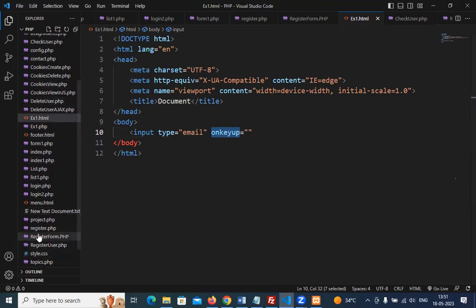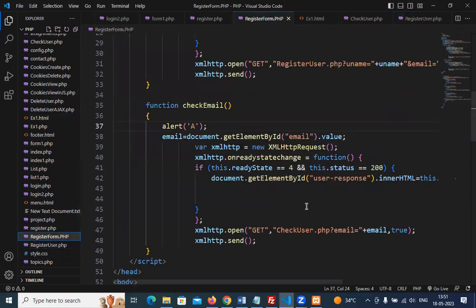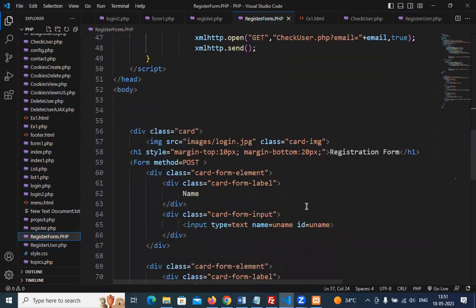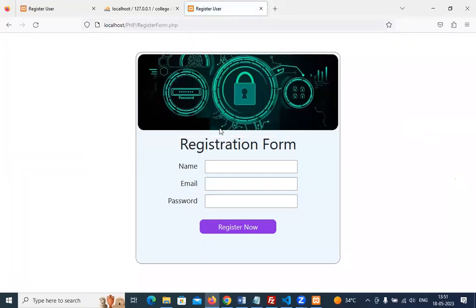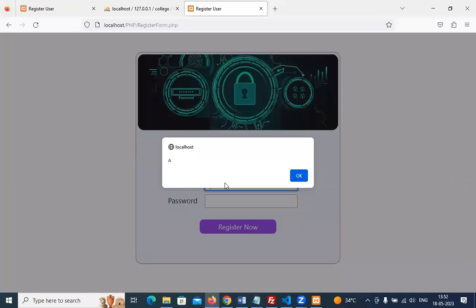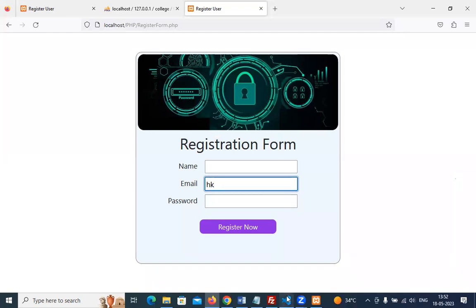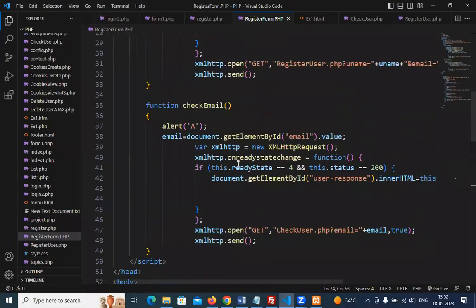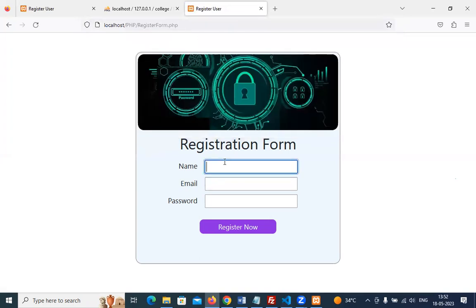We'll come to the register user form, and here we use onKeyUp. Now see, as soon as I'm typing, it is calling the function. So I'll remove the alert. Now see. Suppose